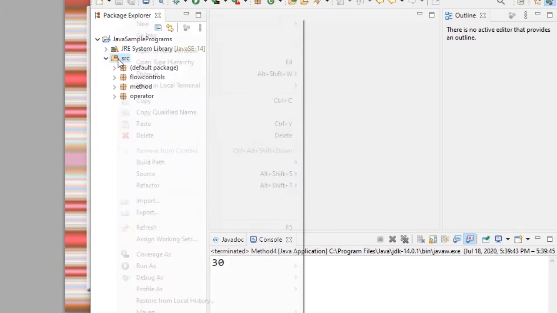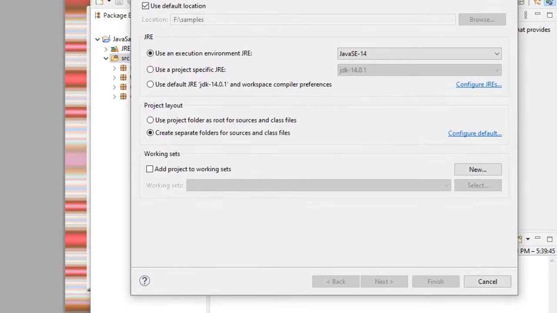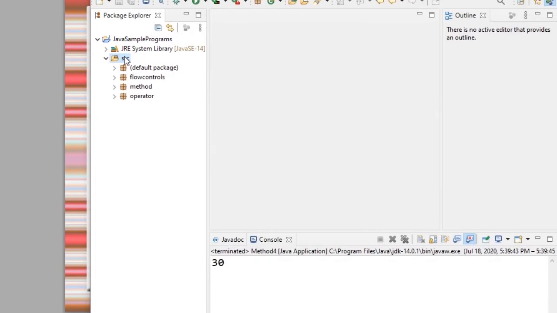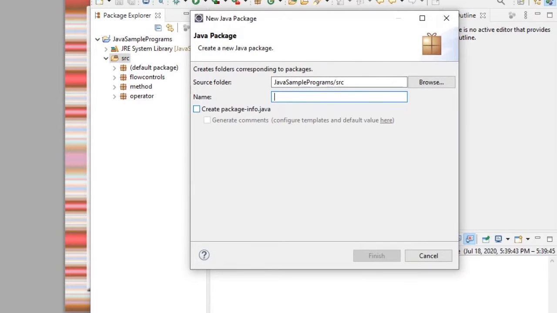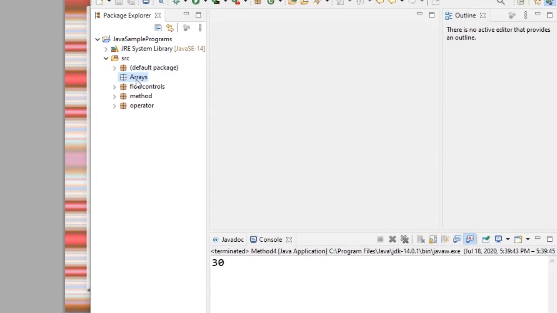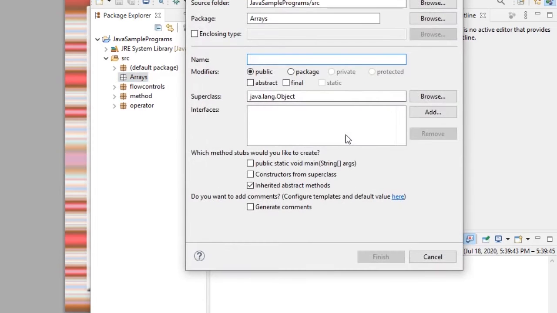I am taking a new package. I'll store all the array programs in this array package. New class, ArrayExample.